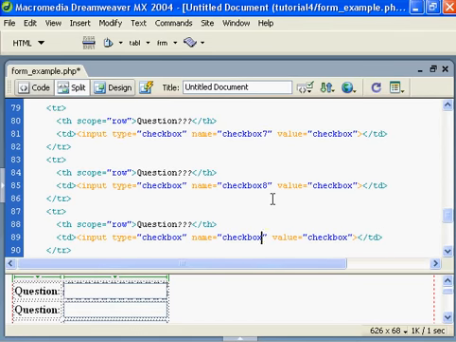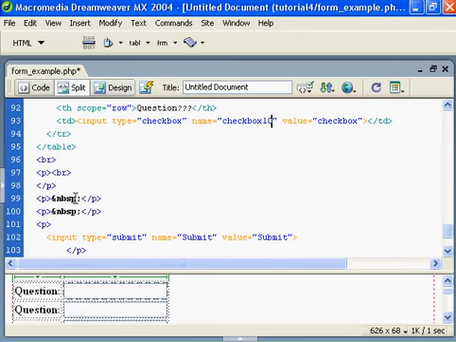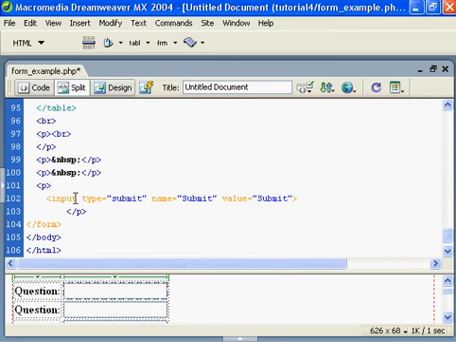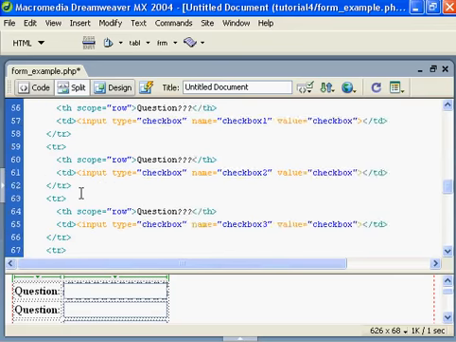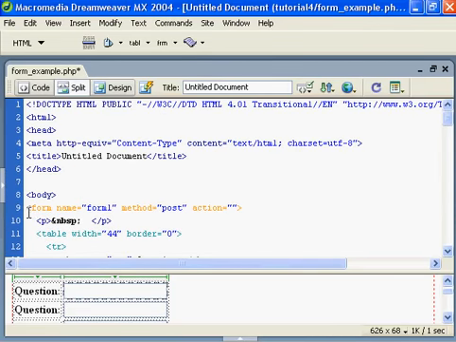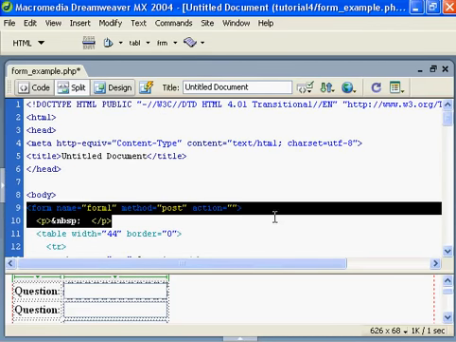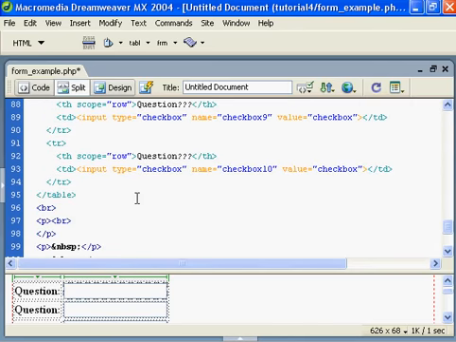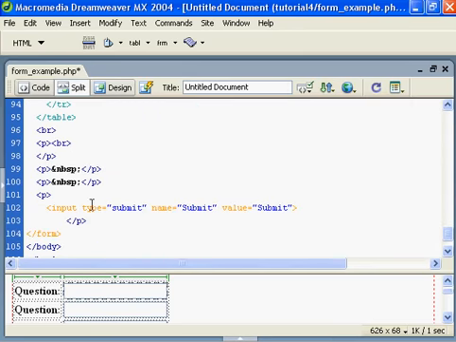As you can see, the form starts from this element and ends with this element. So let's select all the form